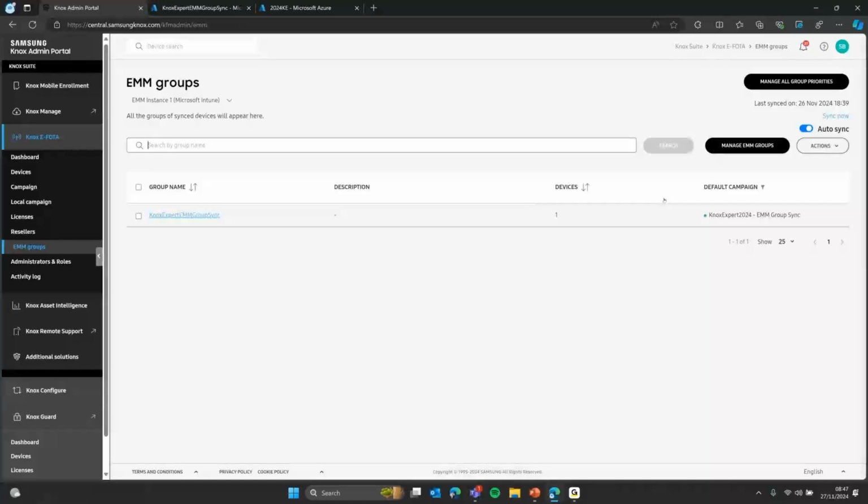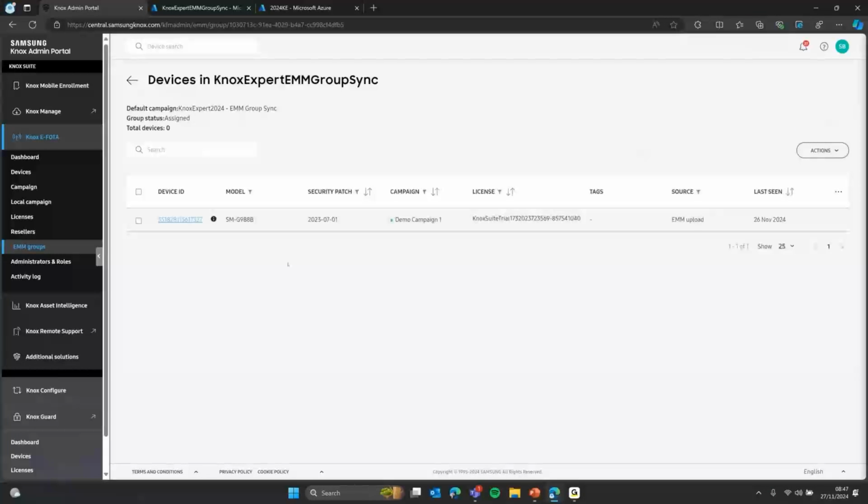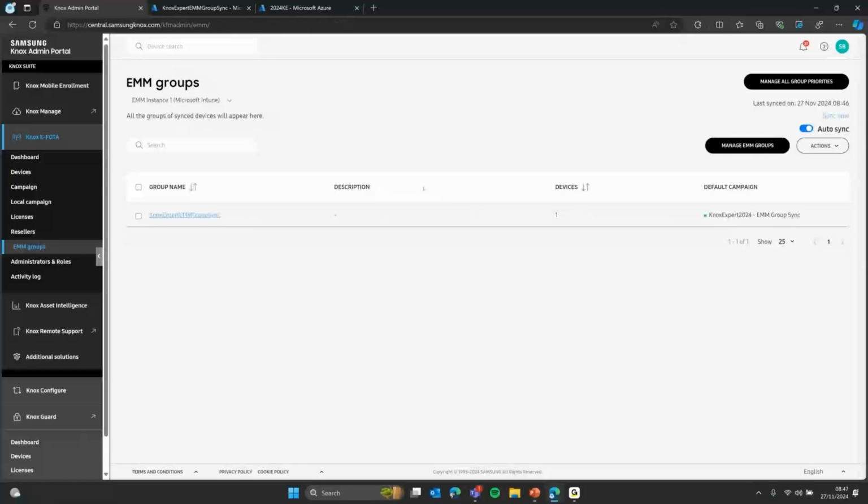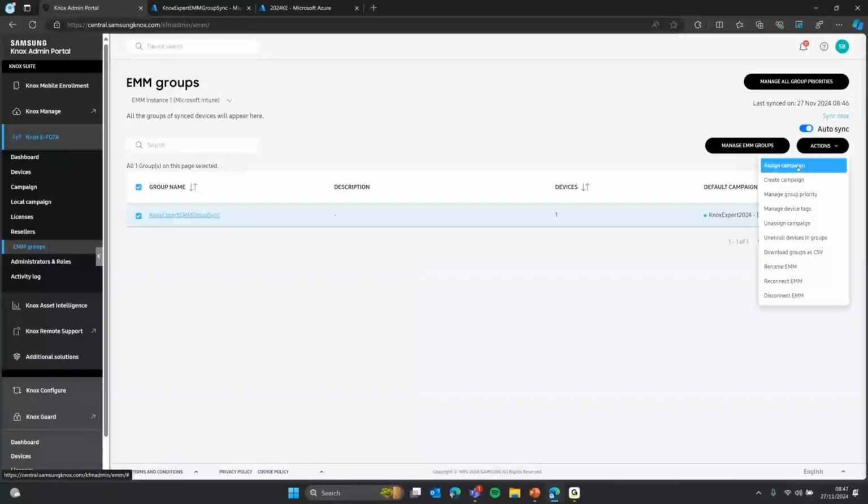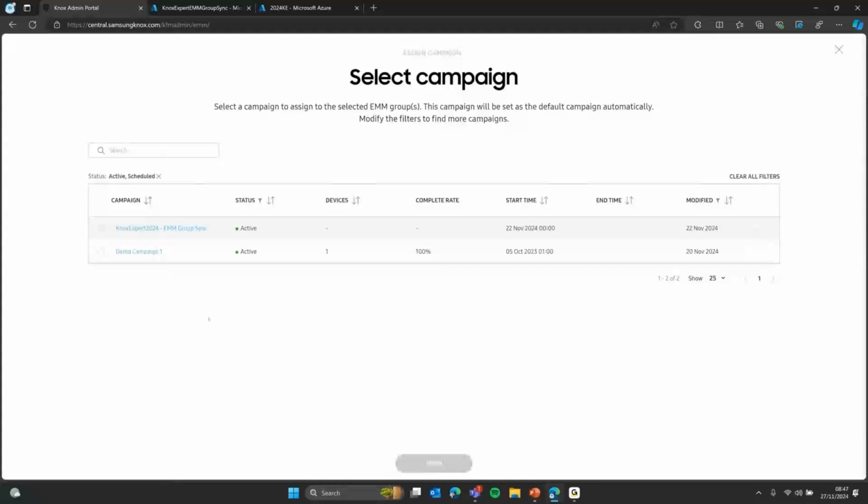Now, if that group was dynamic and it was set to retrieve any, say, Android device from Samsung, this group would automatically be populated over time after enrollment. And so we can enable this group to actually have a specific campaign. So I've actually realized that I've automatically deployed this default campaign, which is the EMM Group Sync campaign. But to be able to do this for any other campaign, or if there isn't a campaign already assigned, we can go to Assign Campaign and then just select which campaign we wish to deploy. That could be to lock the firmware, or it could be here. We can see this EMM Group Sync campaign that I have created,